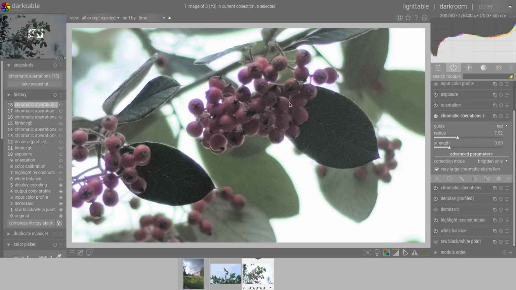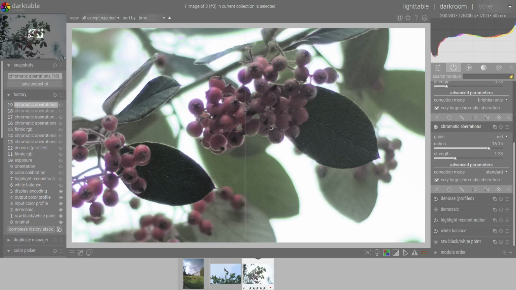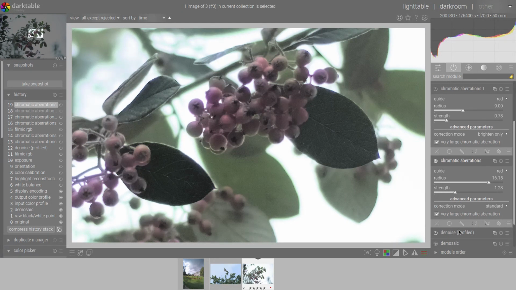Here the nice thing is that for the magenta I can use lower strength and lower radius. I'll take a snapshot just to show you. And you can see that compared to what we have here, we have actually better preserved the color using these two instances. So this can be a solution when you have some quite complicated images.